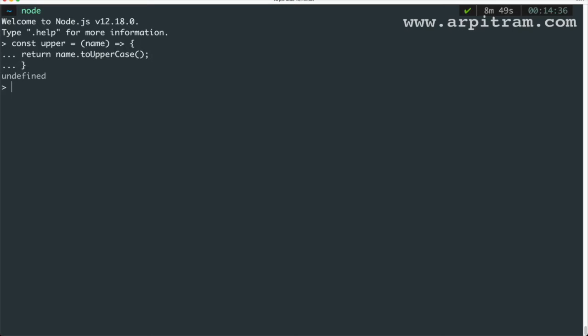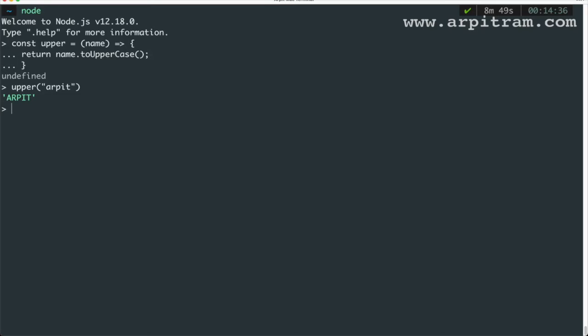Anyways, now I am trying this function, I'm executing it. Here you can see upper is a function, and I'm just passing my name. So I'm getting my name in uppercase, right? This is just a basic function to show you how you can use Node.js, the server-side JavaScript features, over here also. Now let's try some other thing as well.